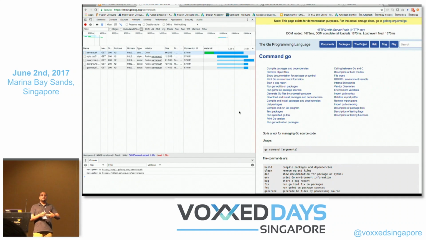Then the client accepts that promise, and the server starts sending data, which is saved on the client side, in a push cache or somewhere in memory. It's not in the HTTP cache. It only goes into the HTTP cache once the browser makes a formal request for it. So this is the key difference. We'll talk about this caching in a bit more detail in just a few minutes.